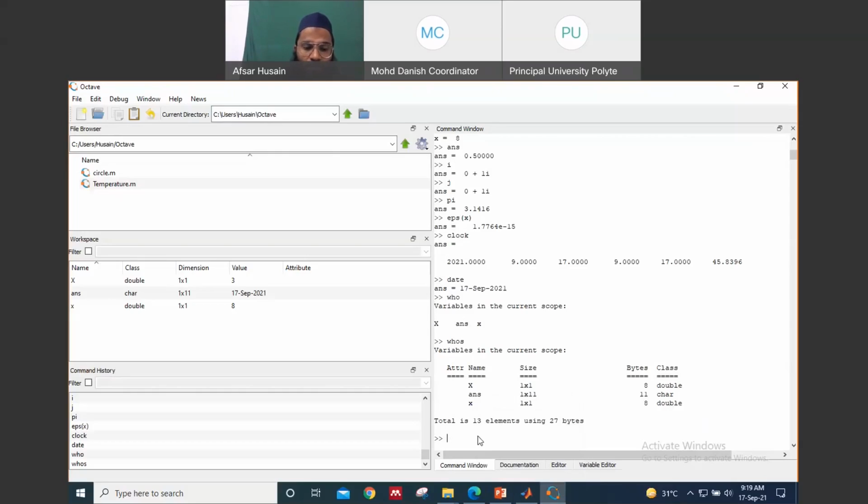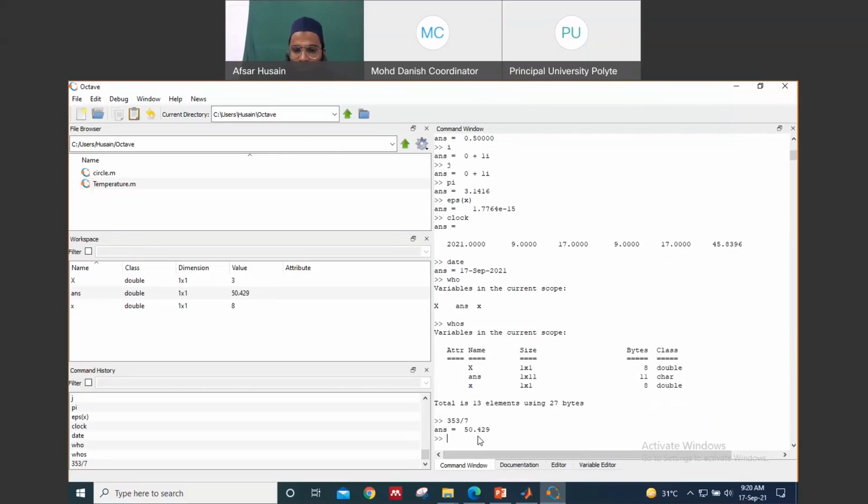Just take an example: 3151357, so the answer is 50.429. So does it say whether it is completely divisible or not? Just see that. So if we see that format,